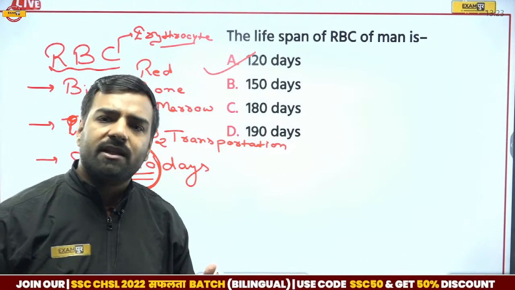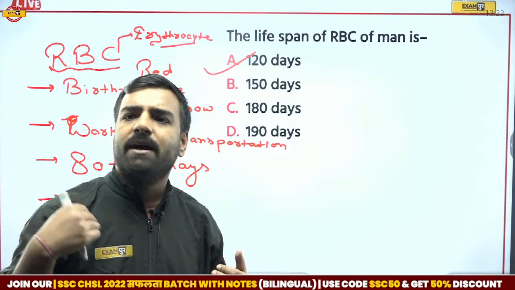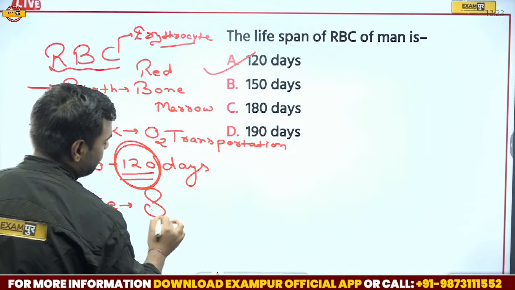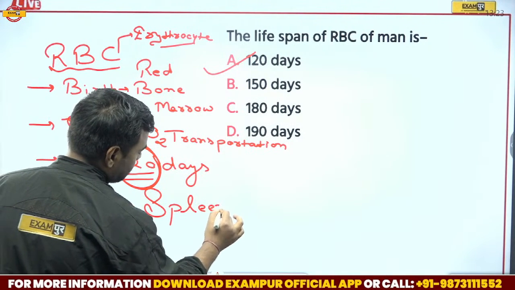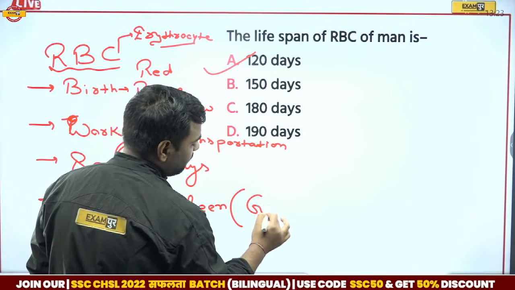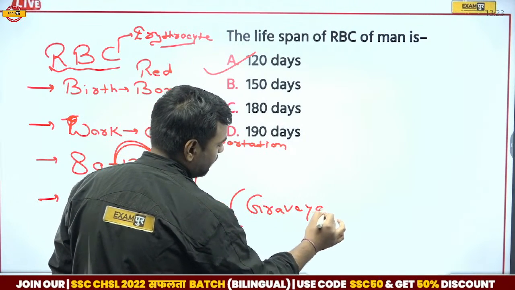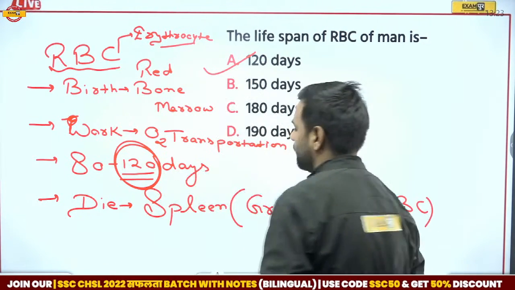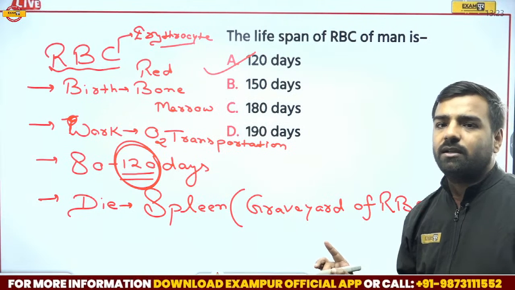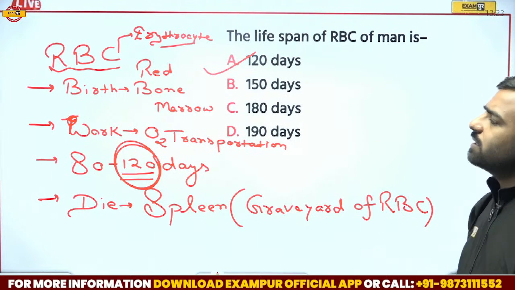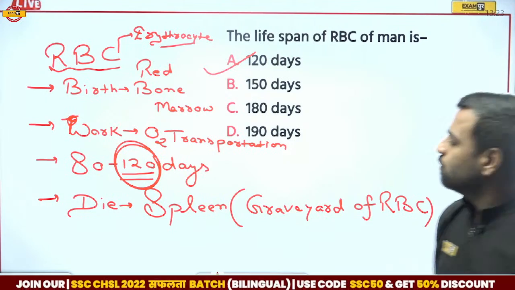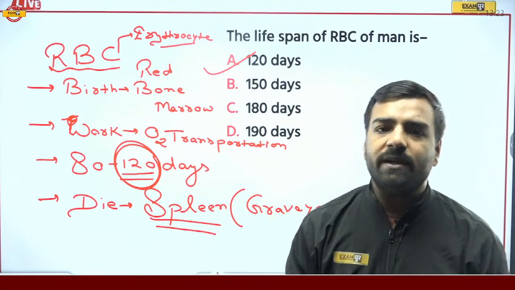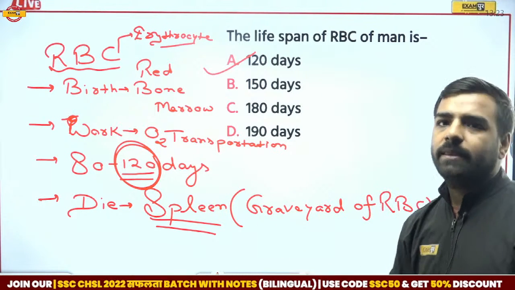But if I talk about our body, for example mine, Kirti's, Jagdishan's body, here you must remember there's a part known as the spleen, which is also known as the graveyard of the RBCs, that is, red blood cells. So this one is important, right? Okay. So, these are the things about RBC. Let's move forward. But please do not forget, the spleen is the location where it dies. If I talk about infants, no doubt, liver would be the correct answer. Next.